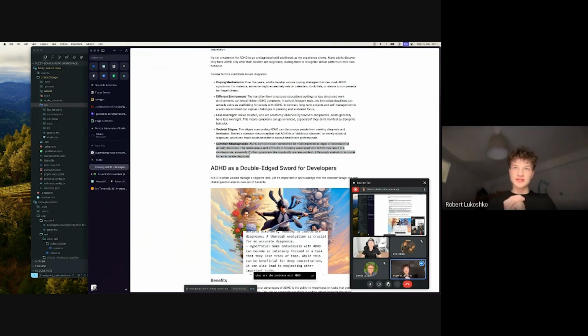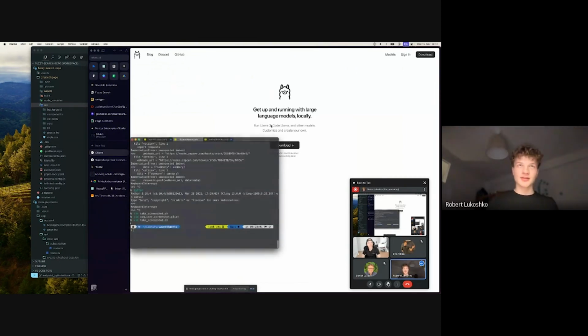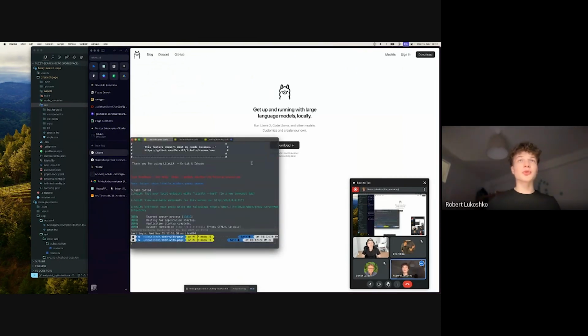The cool stuff as well with this extension is that if you really want to, you can make it 100% local. Many of you are probably familiar with local Llama or Llama stuff, right? Those are the tools which allow you to run local models inside your terminal, inside your computer.